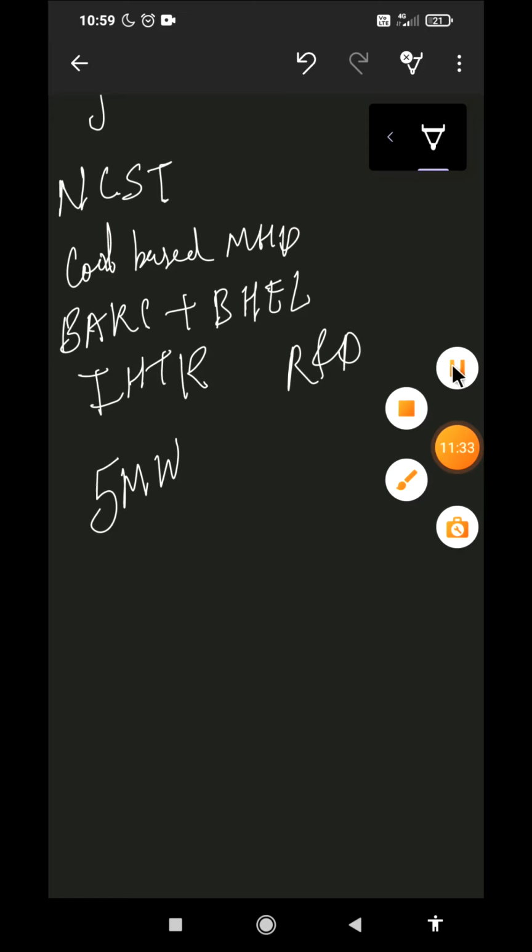Therefore the life of the material becomes very important, because we need not replace the material again and again, as it will create a very high cost and require so much manpower. So the selection of the material is very important in MHD power generation,